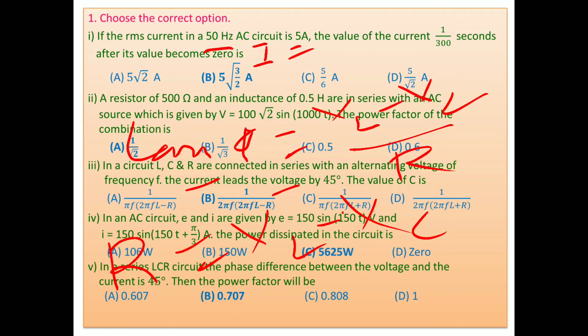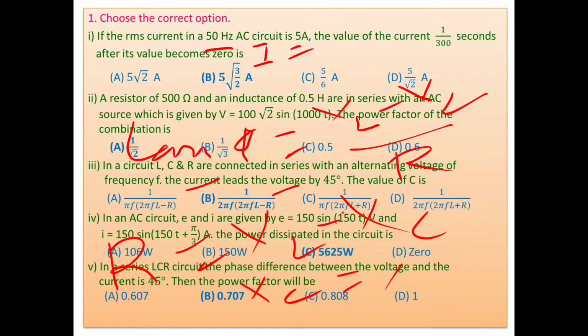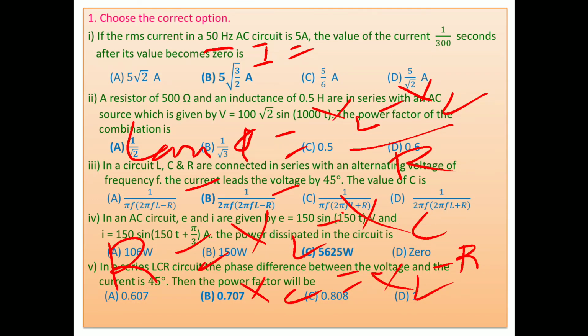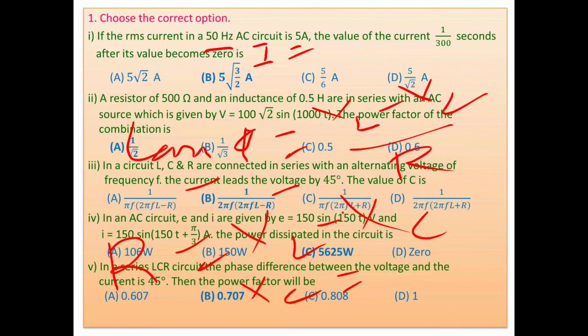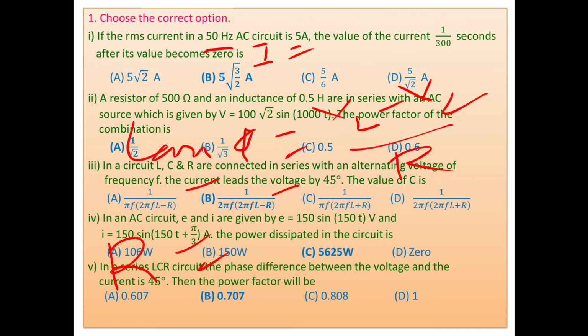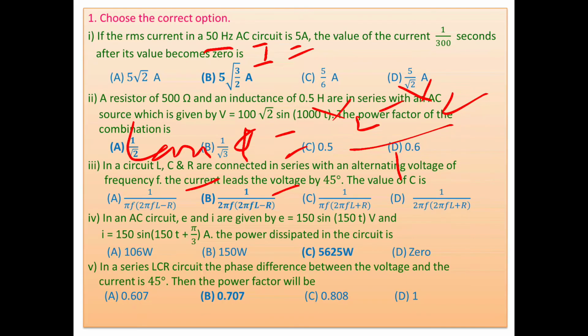But XL is 2 pi FL. Or you can take here XC equal to XL minus R. And thereafter, XC is 1 upon omega C, that is 1 upon 2 pi FC, and XL is 2 pi FL, and thereafter you get this answer, answer B. Other answers are not possible, only answer B is possible. Then it works only when voltage leads the current, which means some mistake is there in the numerical.